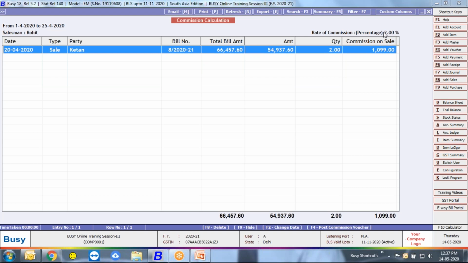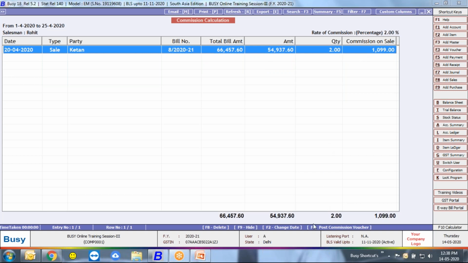As we configured a 2% rate, the 1000 rupees is the 2% amount, not on the bill amount, but on the amount without tax. Commission calculation will be done on your taxable amount.